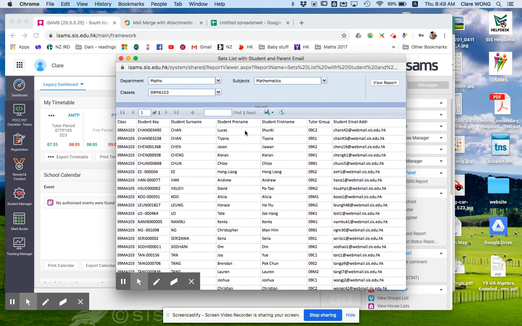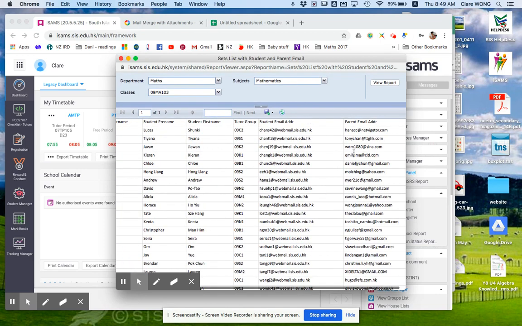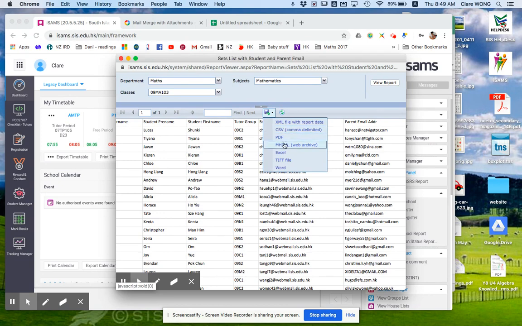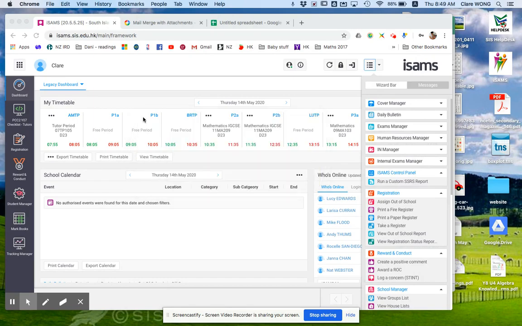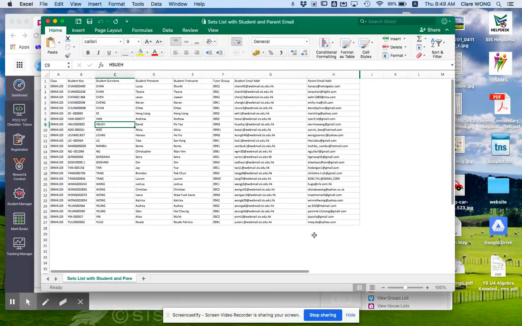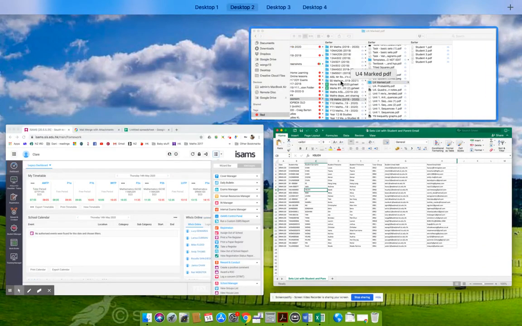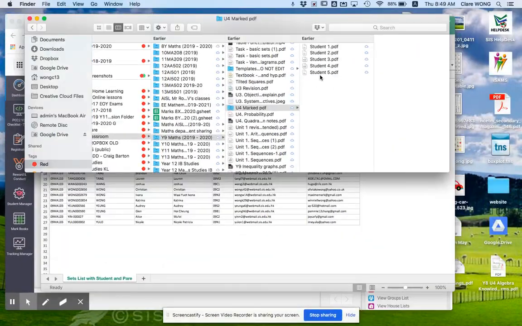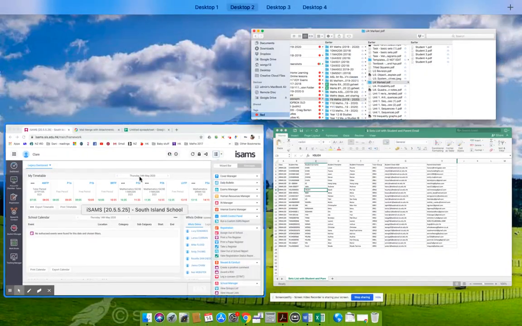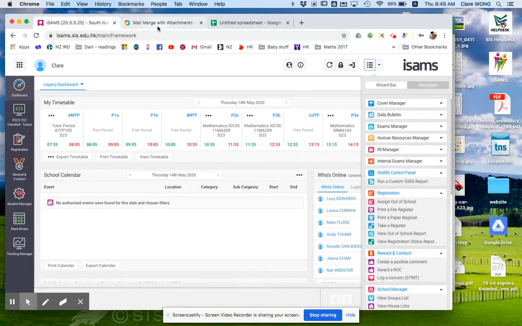So all the students' names, email addresses, and parent emails will be there. We don't need everything, but we're still going to export it to Excel. When you do, you will get a copy of the emails and names like this. And a folder of the test marked. And now you need to